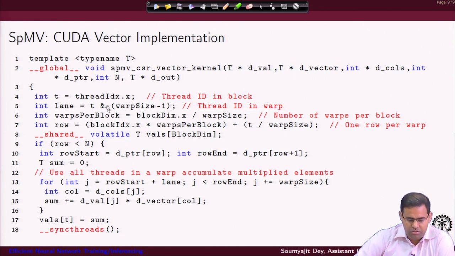So, once every thread has figured out which row it belongs to, and this is non-trivial because as we discussed earlier, a set of threads inside a warp are going to work for the same row, I just figure out what my row start and row end are, and I use them for the normal loop for doing the multiplication. After the multiplication followed by the accumulation is done, I just store back the value in the shared memory, where I will do reduction using my warps, right.